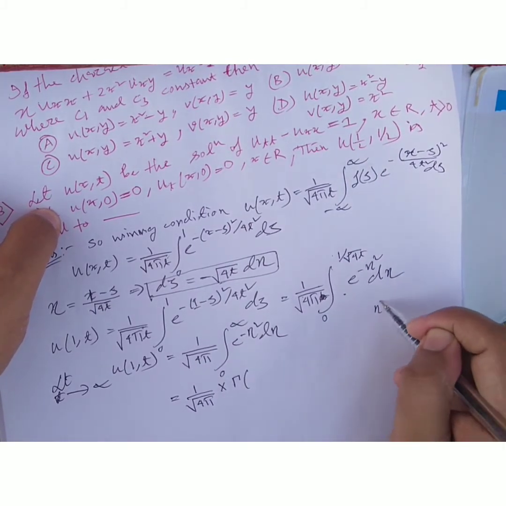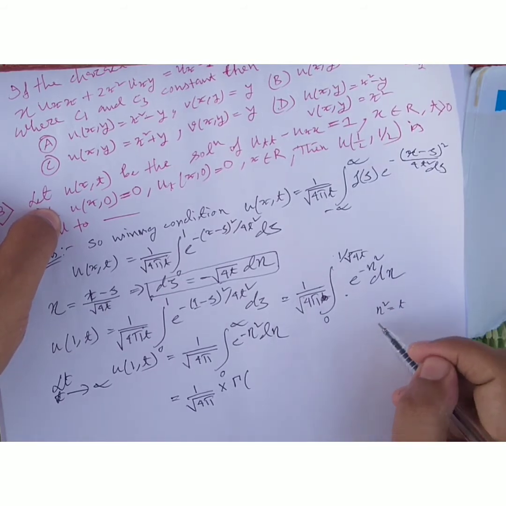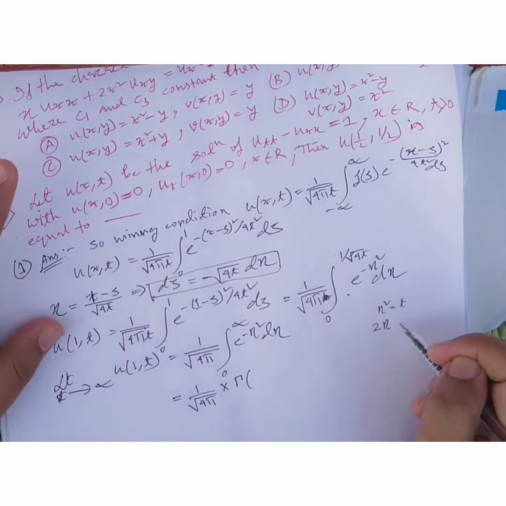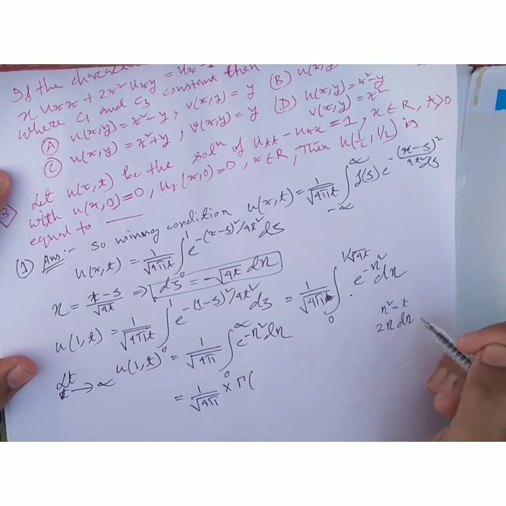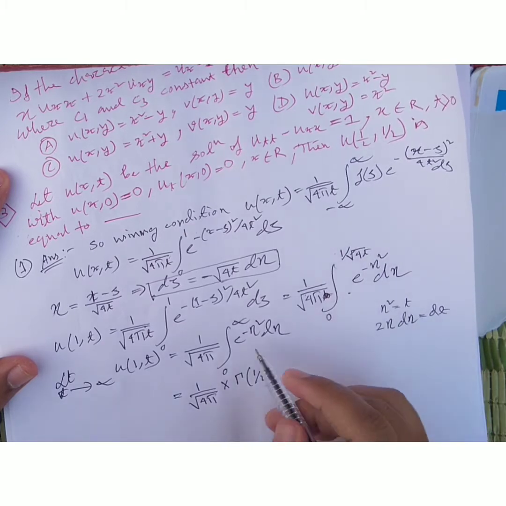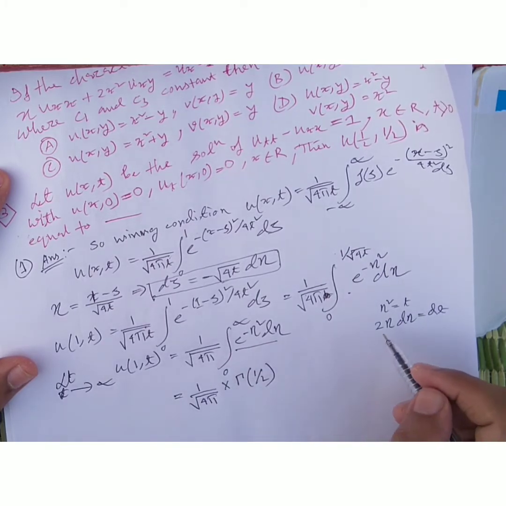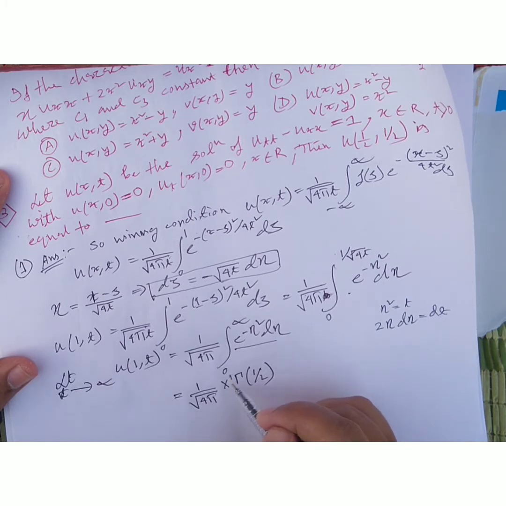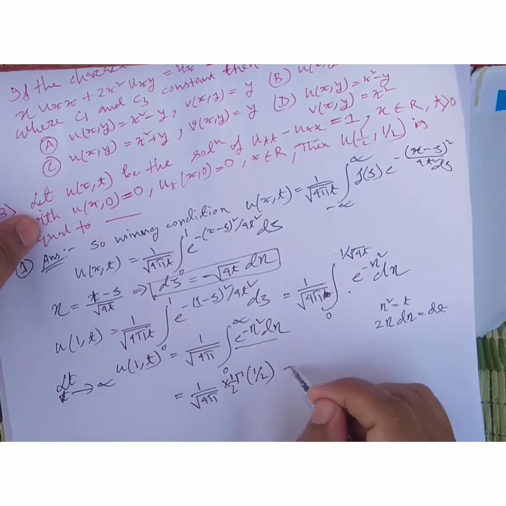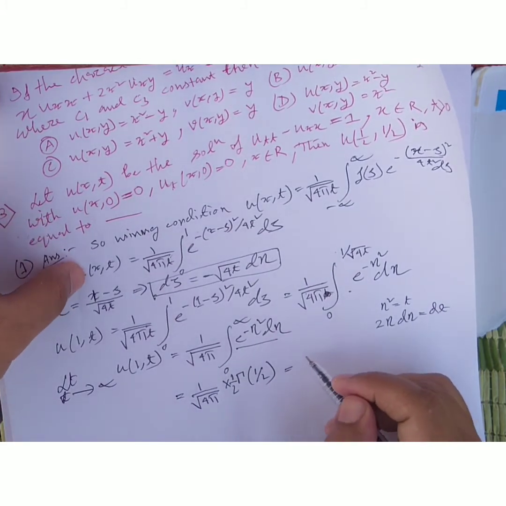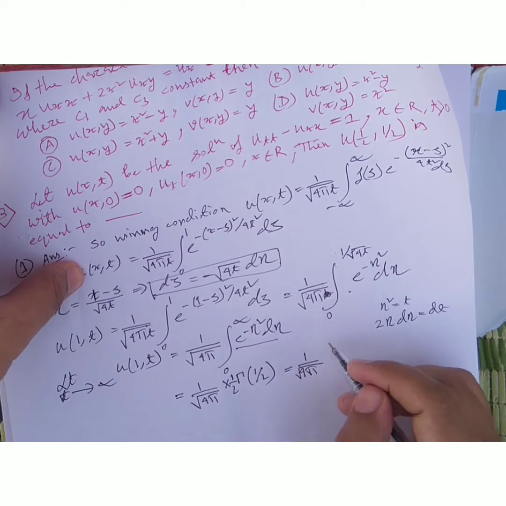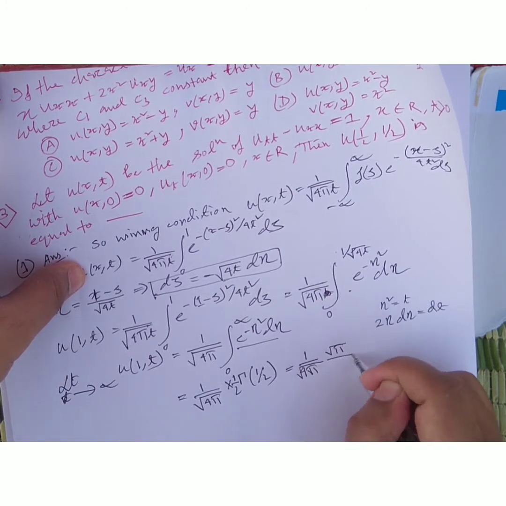Take eta square equal to t, so whatever I get is 2 into eta into d eta into dt. So whatever I can get is gamma half. Must remember this value is gamma half, and half of gamma half means this value is 1 by 4 root over 4 pi and root pi by 2.